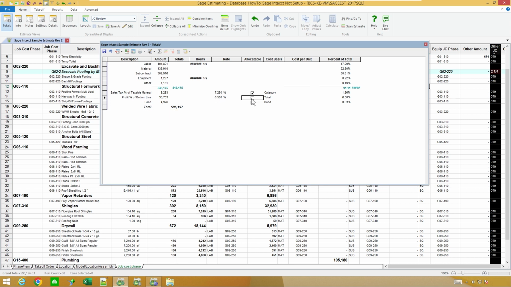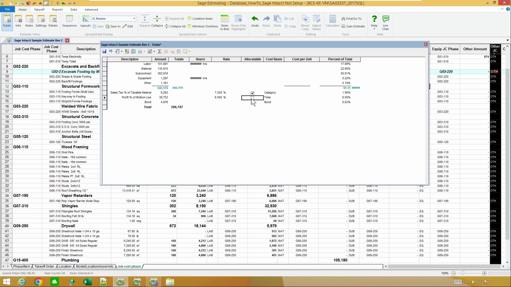Now, the cool thing about the Sage Intacct transfer is if you mess one up, no harm, no foul. You can go right back through the interface steps again and transfer an estimate over a second time or a third time and not double and quadruple things up like we've had with the Sage 300. So in this case, it makes it a lot friendlier on making a mistake and retransferring an estimate over without having to go to accounting and move money from one cost code to another.